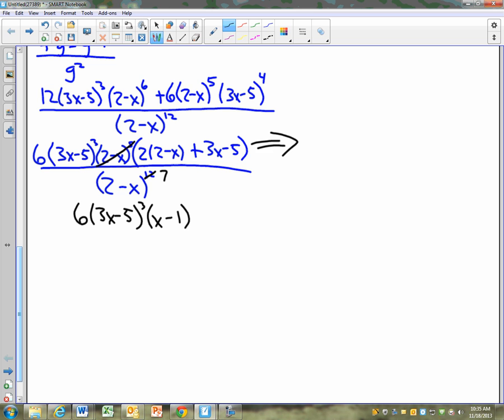2 times 2 is 2 times negative 2x plus 3x minus 5. So negative 2x and positive 3x make x, and 4 and negative 5 make